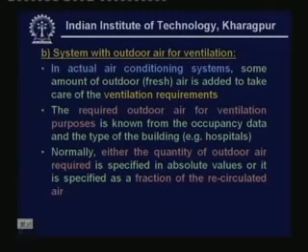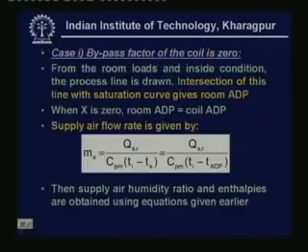So, as I said, normally either the quantity of outdoor air required is specified in absolute values or it is specified as a fraction of the recirculated air. Whatever it be, we know how much is required. So, let us take a simple case first. Case 1 is where the bypass factor of the coil is 0, that means we are talking about a perfect coil. First let me show the system